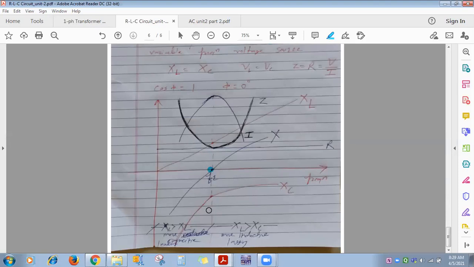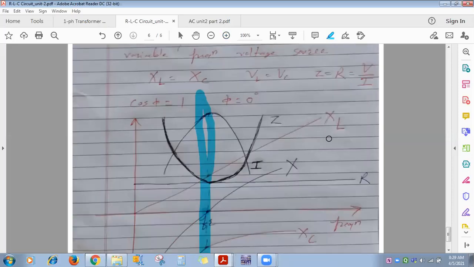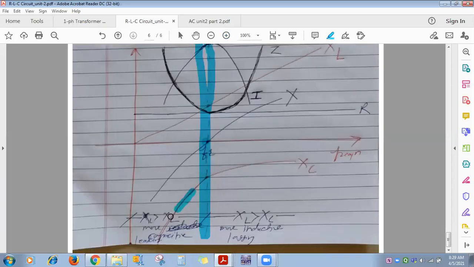Now if you observe the things below resonant frequency, what you can find here is that below resonant frequency, XC is more negative and XL is less positive. That's why X, which is equal to XL minus XC, will be negative. Why? Because XC is greater and it is negative. That's why X is negative. And when XL and XC become equal, X is 0. After resonant frequency, what you can find? XC is less. See here, XC is less.